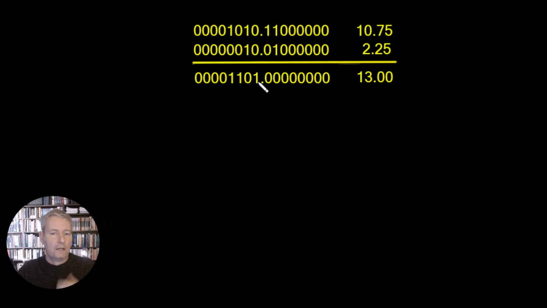So whenever we work this out, we've got 0 here for the decimal or fractional part, but we have 13 here for the integer part. So this works. We can just work through a normal addition algorithm. The main point is that we don't have to change any of the circuitry to get this to work,